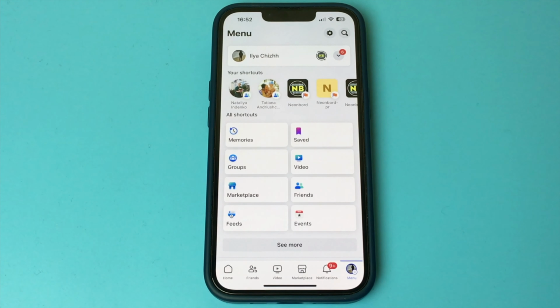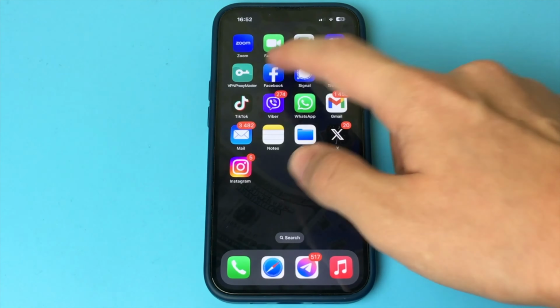Thank you. In this video, I want to show and tell you how you can change your Facebook password. There are two ways. First, you can specify your old password and then enter a new one and everything will be changed. Or if you forgot your old password, you can recover it either by mail or by phone number. You can still recover it. You need to know either your old password or just some data from your account. How to do it all?